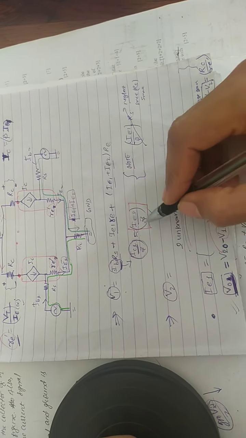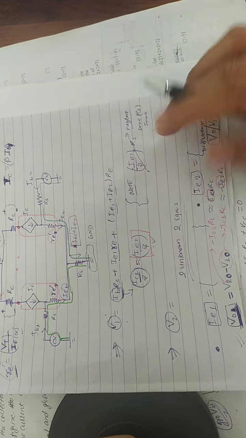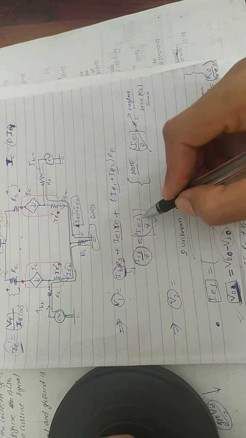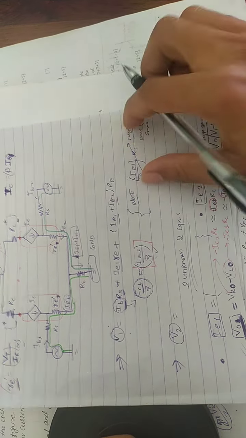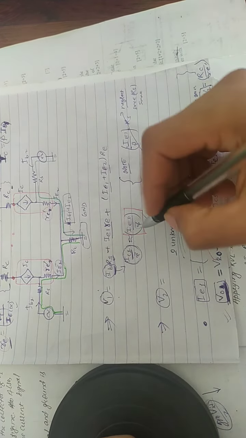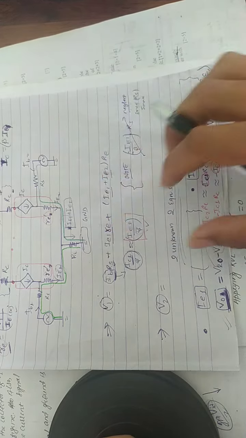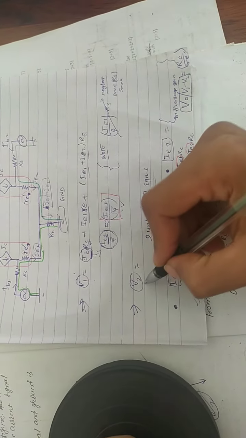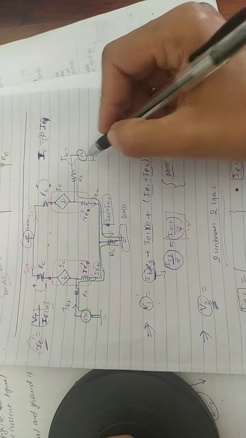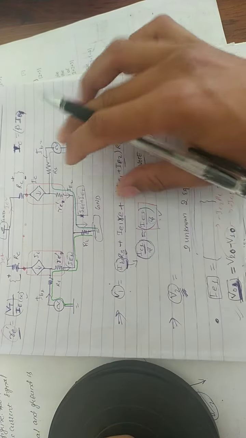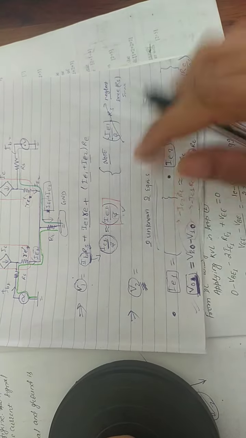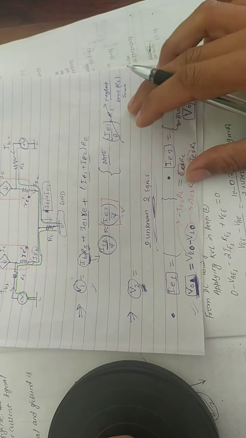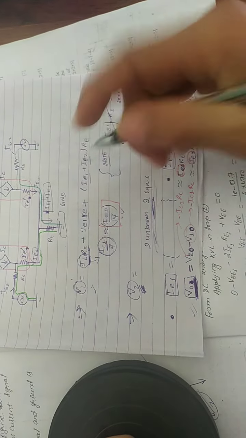So in this way we can neglect this term which is multiplied by RS, because this RS is very small as well as this beta is very large, so we can neglect this term. And if we neglect this term, we can get an expression having only this term. But we can again reduce this V2 by applying KVL in this loop in the same fashion, in the same manner. So in this way we get two equations with two unknowns, so we can solve them by substituting